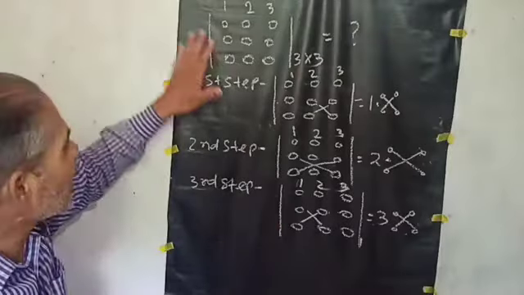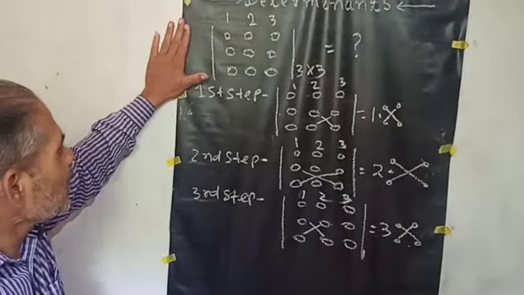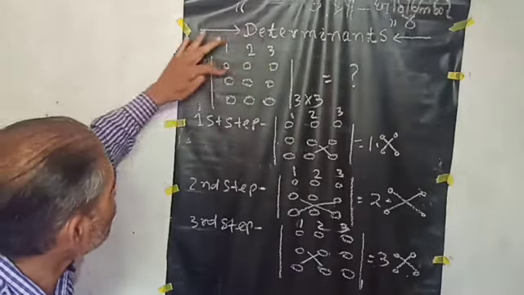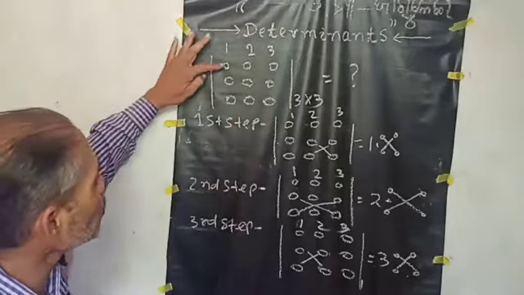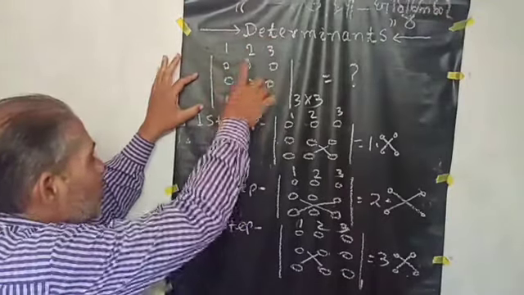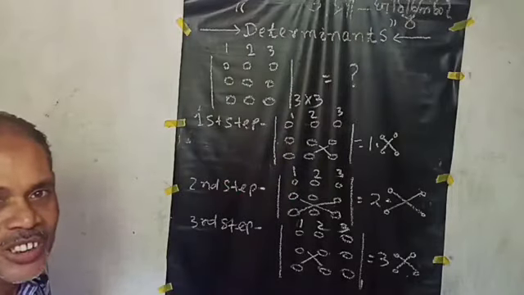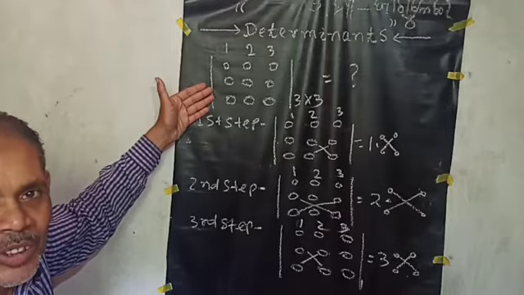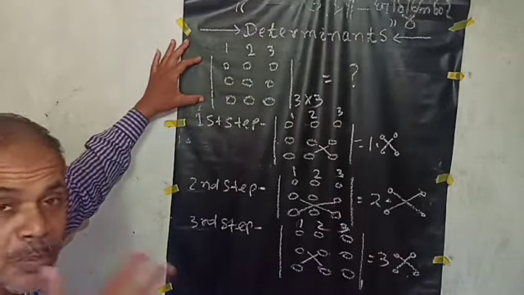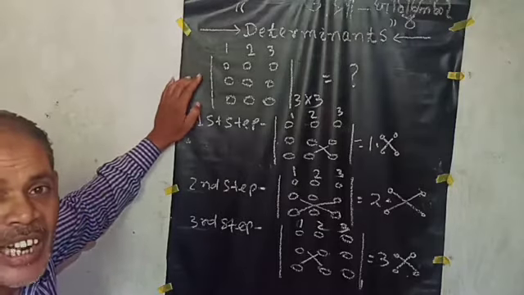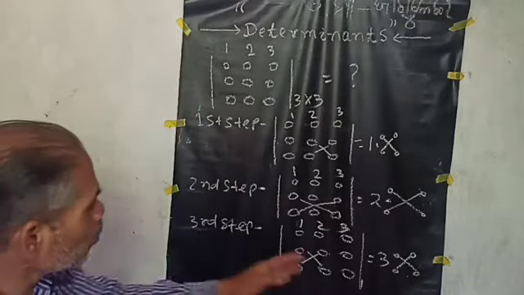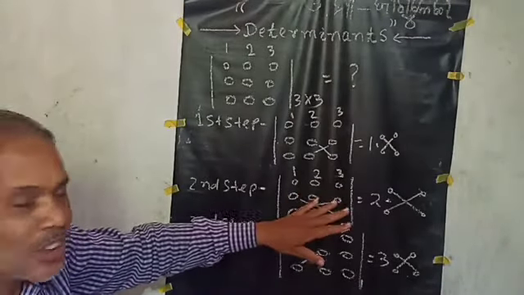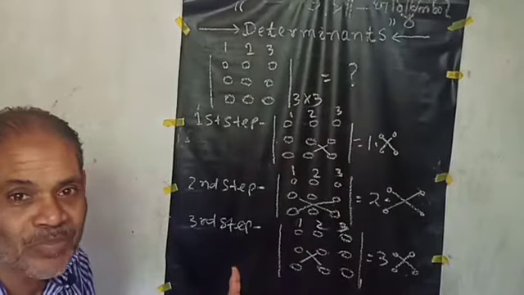Now I will discuss third order determinant. In third order determinant, there are 3 rows and 3 columns. Rows are parallel, columns are vertical. How will this determinant be solved? What is the process to find out the value of third order determinant? Please look at my graph. I teach you only graphs. If you follow the graph, you will answer easily.